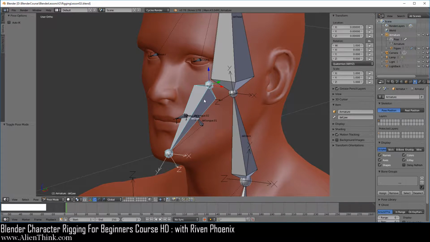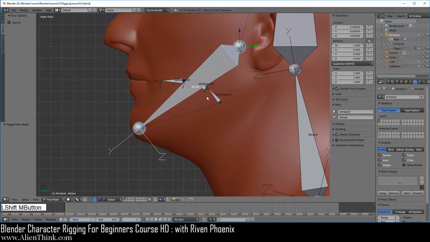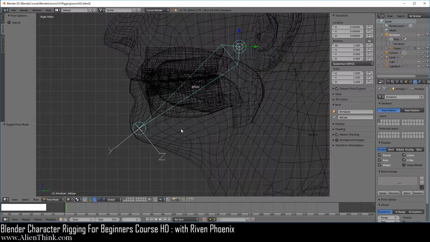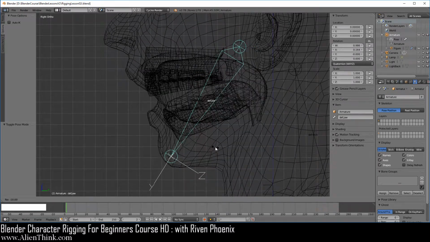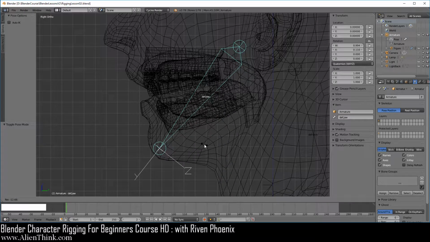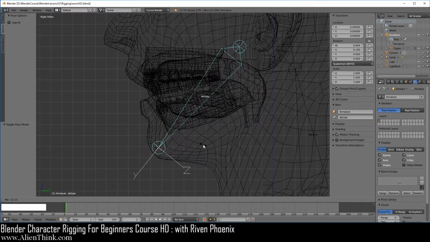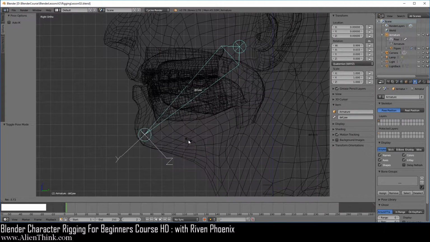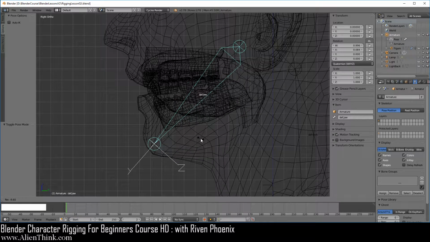Now what I'm going to show you is how we separate the teeth. Okay, so press the 3 key, go ahead and press the Z key. Now when we press the R key, you'll notice that all we have to do is simply tell the upper teeth and the bottom teeth to attach to their corresponding bones, right? And of course the top and the bottom mouth also need to know where they need to go. This is actually pretty straightforward.